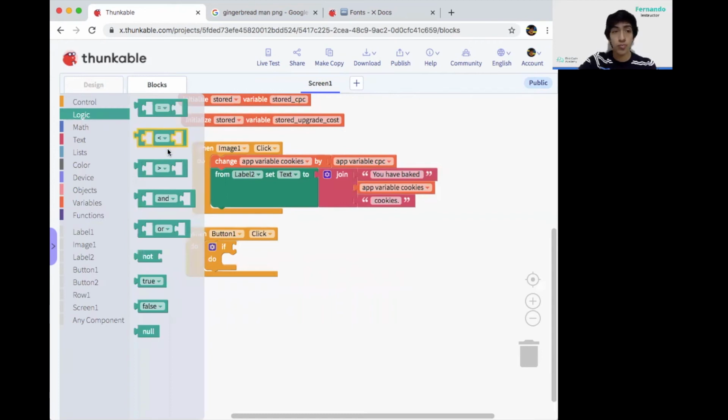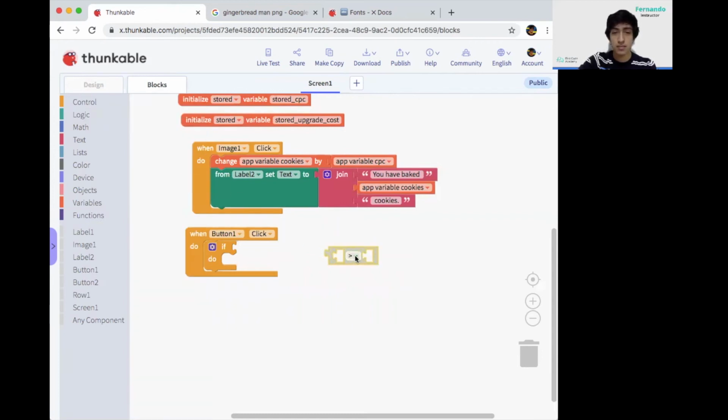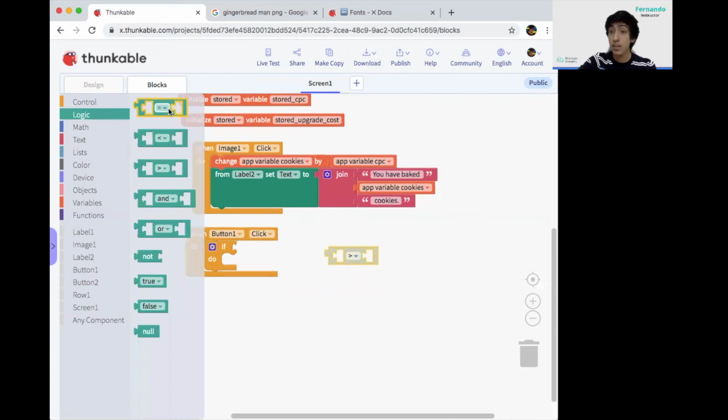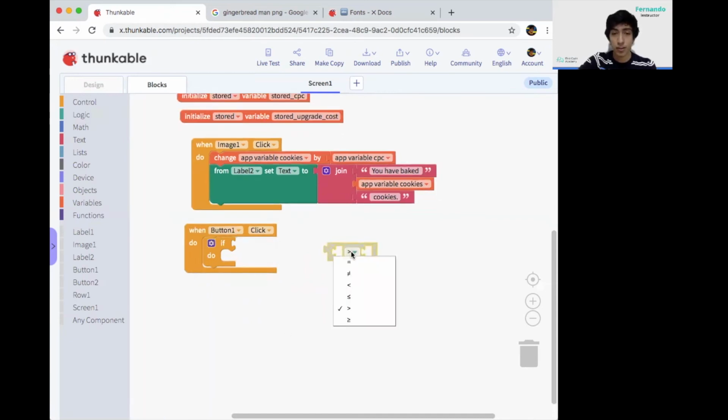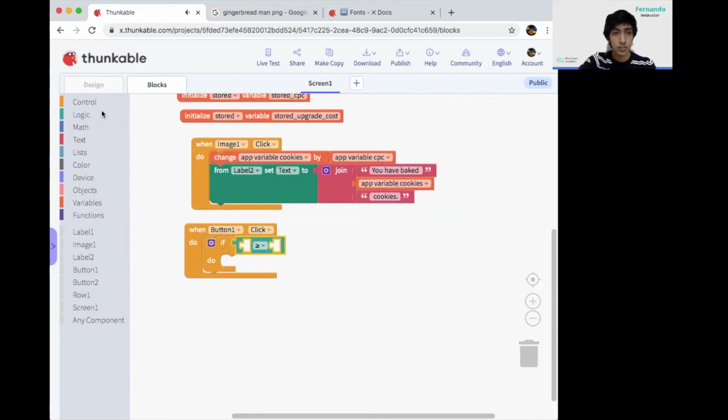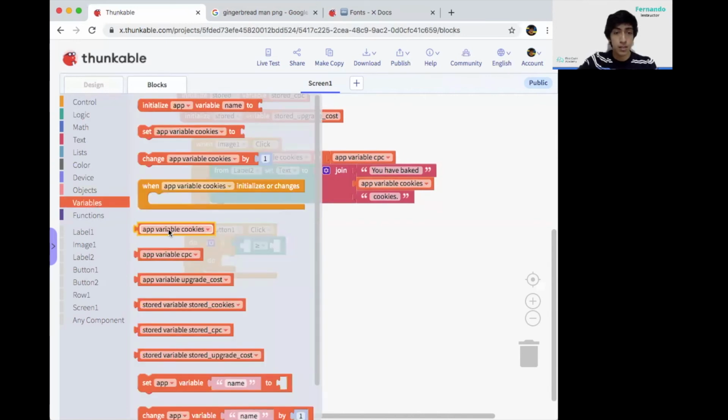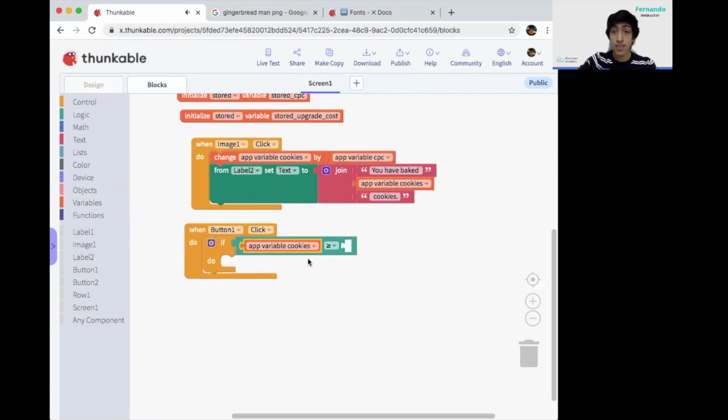To do this, you'll notice that Thunkable has this greater than, less than, equal than, but it doesn't have any greater equal unless you click on it. So you have to grab any of those and search for it directly. You don't just get it from here, okay? So we're going to have if a value is greater or equal than another value. If the cookies I have are bigger than the cost of the upgrade, then I will do the upgrade. Here I have how many cookies I have, and if that value is bigger than the variable upgrade cost, how much an upgrade costs, then, okay, first of all,